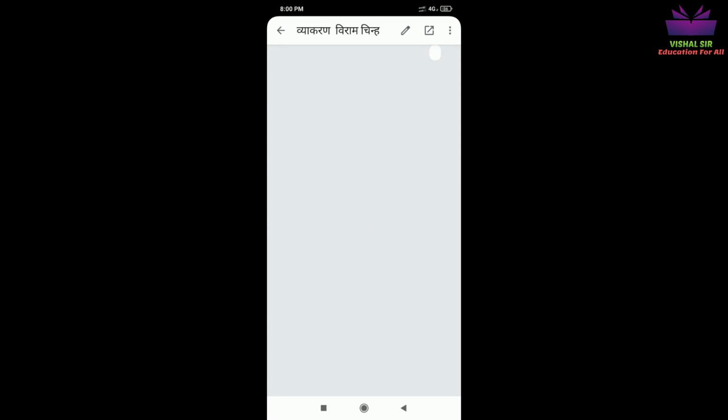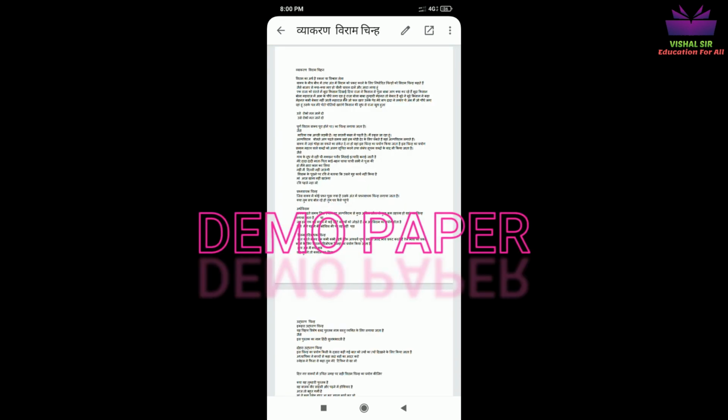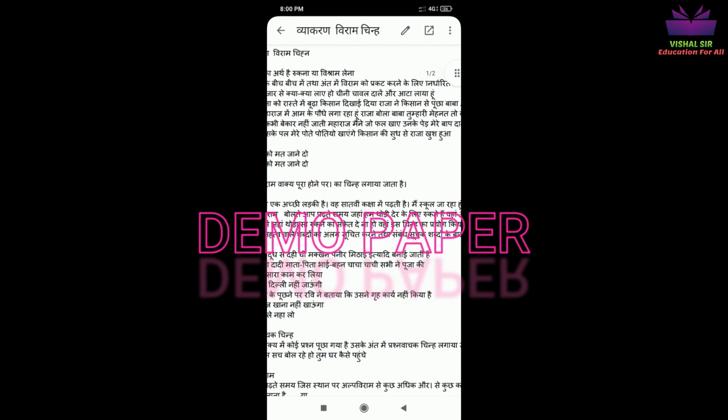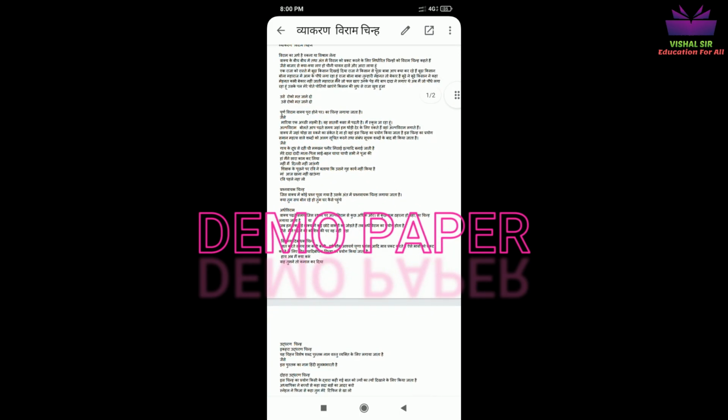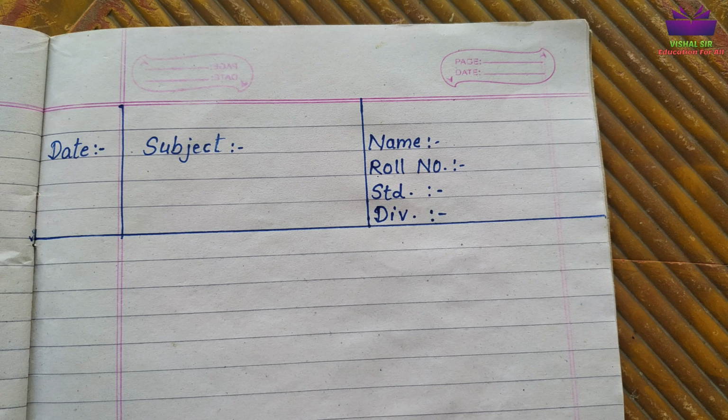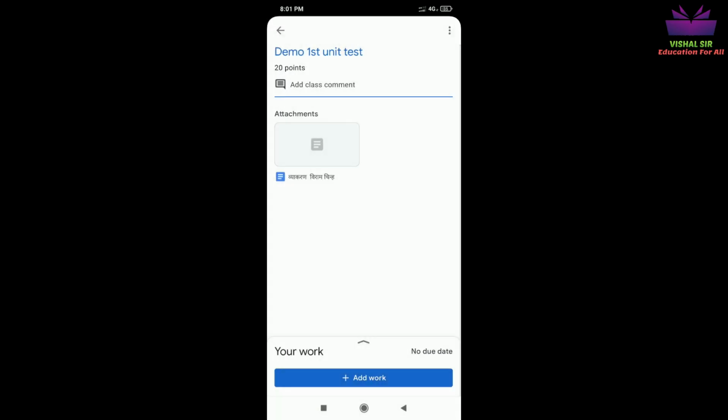When the question paper opens in front of you, you can read the question paper and then start solving it. Same as I showed on the laptop, you have to take a full script sheet. You have to write your name, roll number, class, subject, date and everything. And then you have to start writing your paper. Once you finish writing your paper, you have to click a photo from your mobile. Once you click the photo, that photo will remain in your mobile only. Okay, so you don't have to transfer it or copy paste anywhere. It will remain in your mobile.